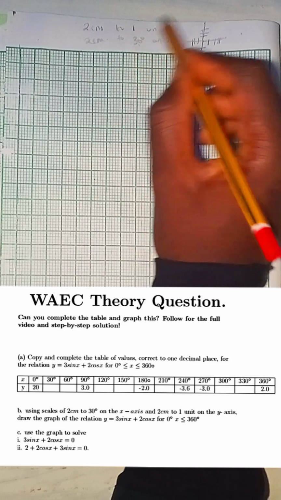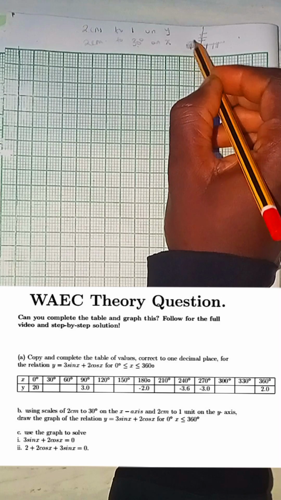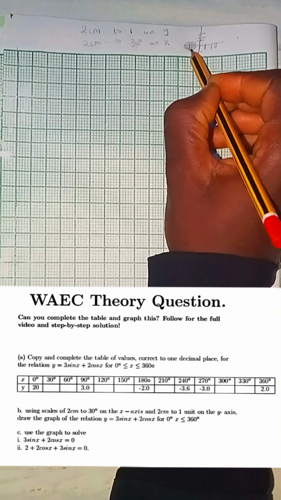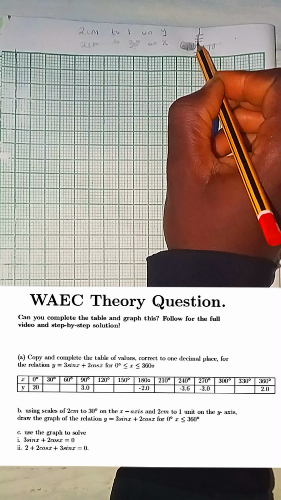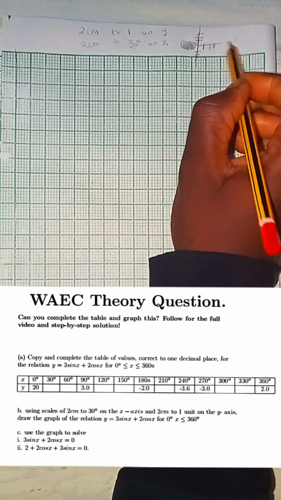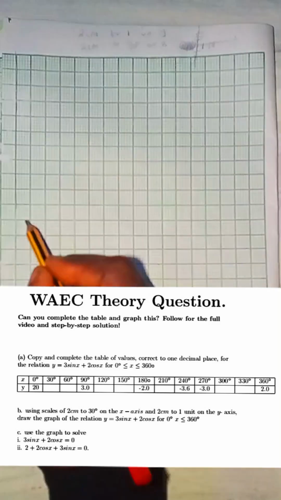But from this graph, there is no negative part of the x-axis. All this side will be omitted. That is why the graph will run straight and divide. This side will be omitted. So from the graph,